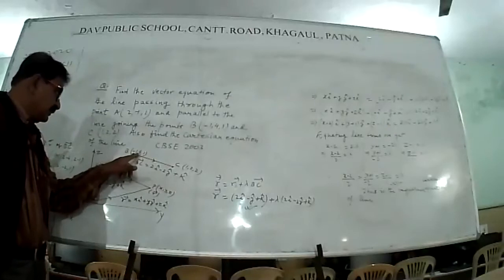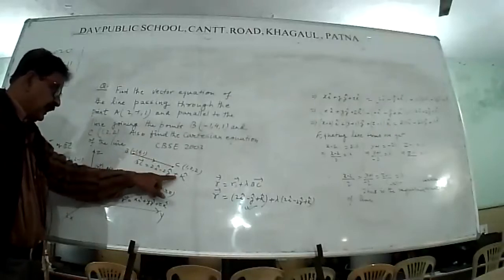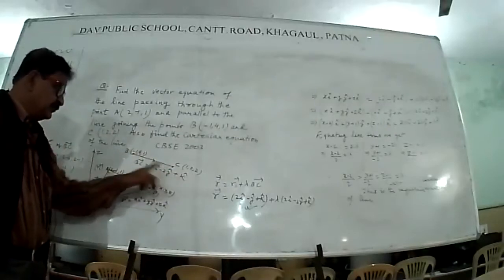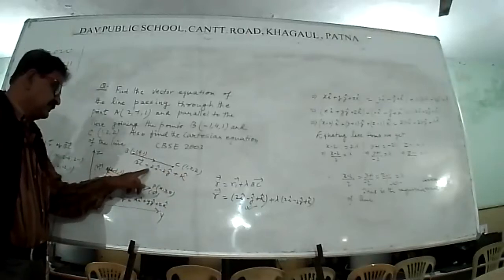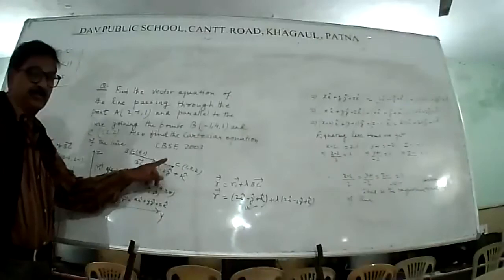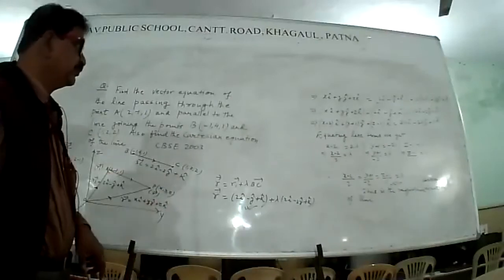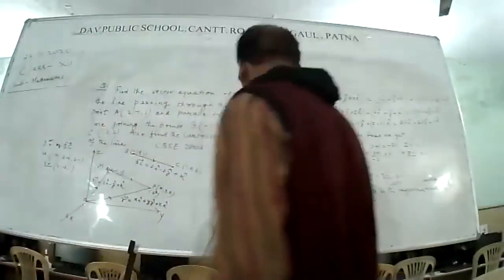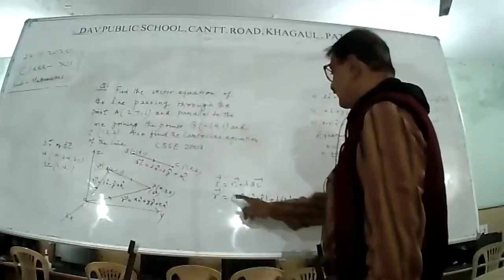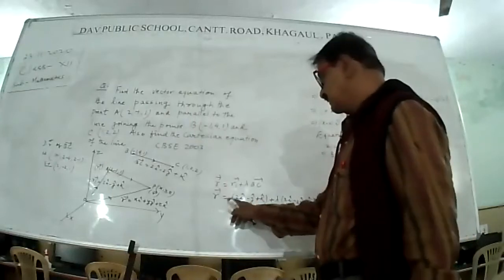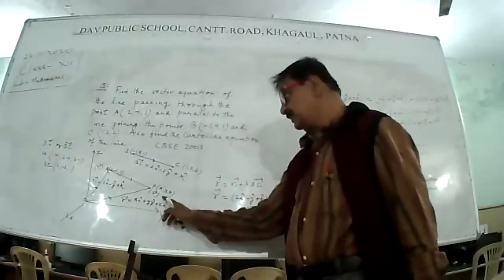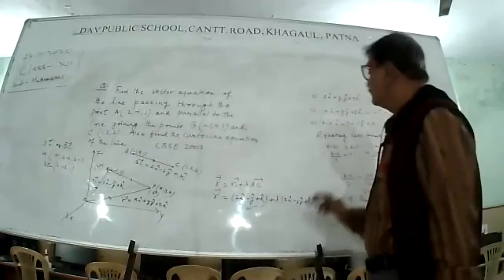2, minus 4, minus 2, and then 1 will be the direction ratios. Therefore, the vector BC is equal to 2i unit vector minus 2j unit vector plus k unit vector. Here we have arranged and open the vector R. R vector is equal to xi unit vector plus yj unit vector plus zk unit vector.